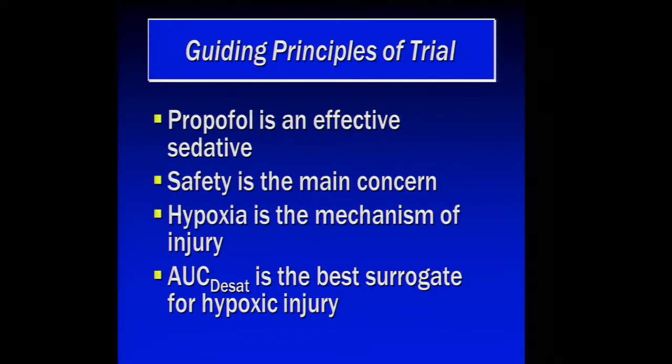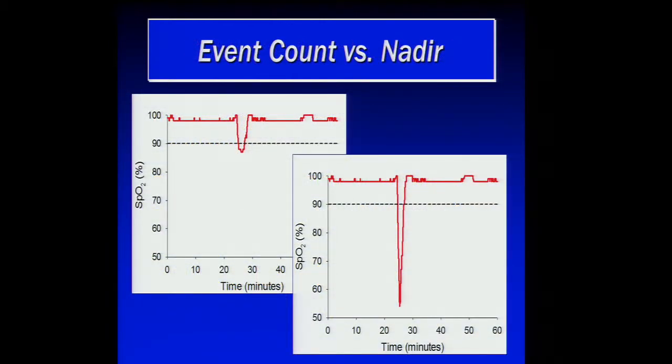And the concern with safety is that you're going to kill people or make people brain dead, give them brain injuries, or make them have to go into the hospital, into an ICU, and so on. And so it was widely agreed that hypoxia is the mechanism of injury, and the Anesthesia Advisory Board, after considering lots of different possible surrogates, decided to go with the AUC DSAT, the area under the desaturation curve, as the best surrogate for hypoxic injury. You can't do a trial where hypoxic injuries are actually the outcome measure because it's just not feasible. They're so rare. So you have to come up with a surrogate that you believe in. And this was the surrogate that was